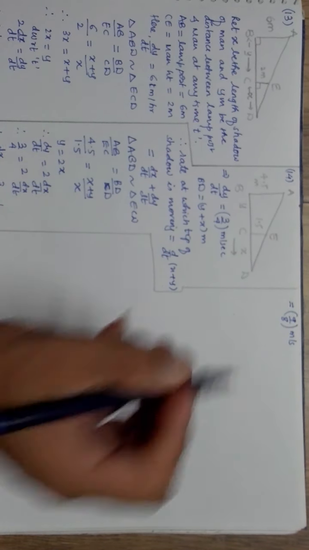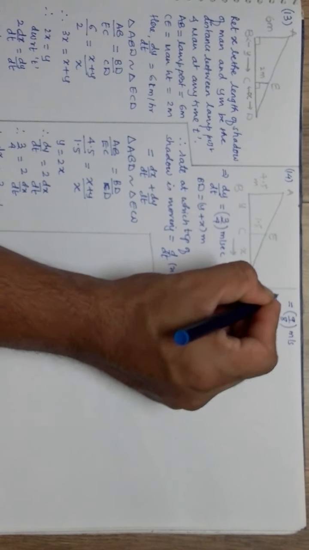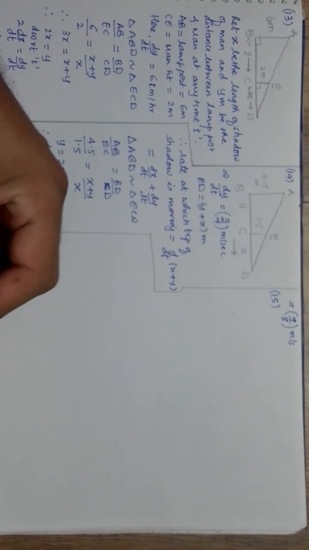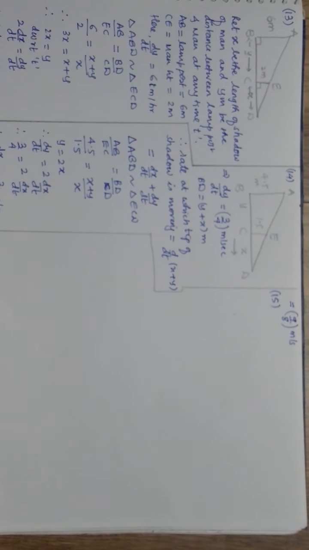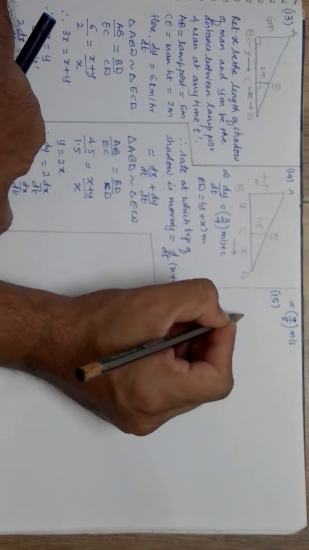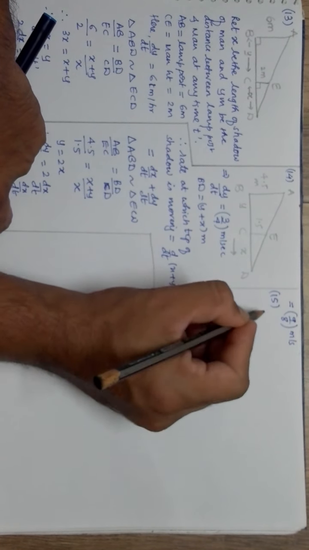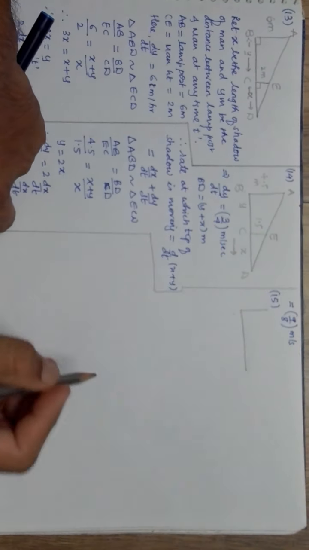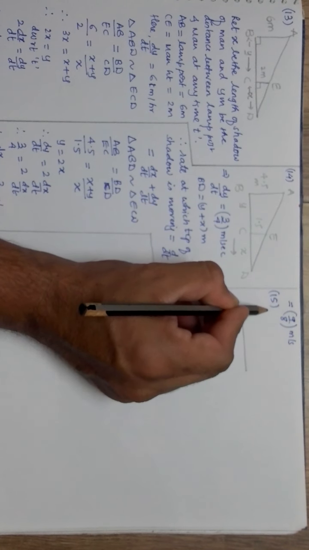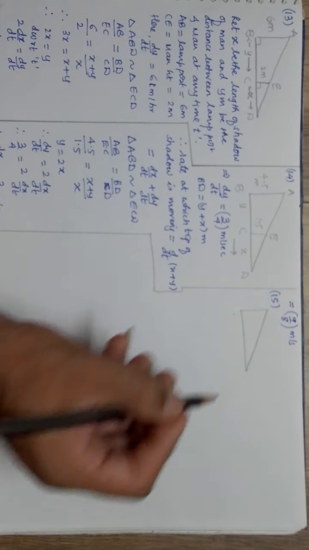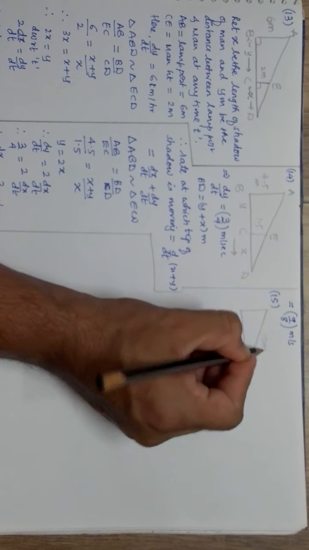Let us go to the question number 15 now. A ladder 10 meter long. Okay, ladder 10 meter long, leaning against a vertical wall. Yes. So this is your ground level. This is your wall. Okay. And ladder is leaning on the wall. That means this is the tip of the ladder and this is the base of the ladder, which is nothing but 10 meter already told.